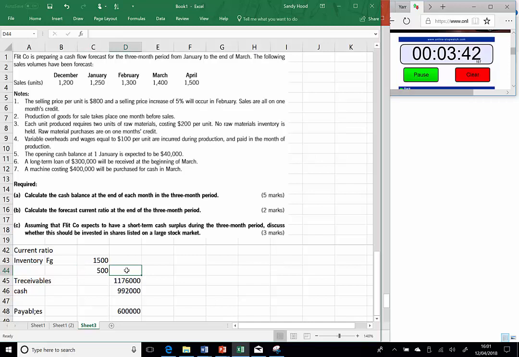So the inventory of finished goods is worth 1,500 units at $500 each, 750,000, giving me current assets